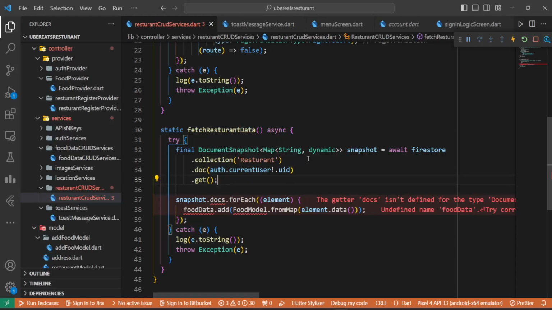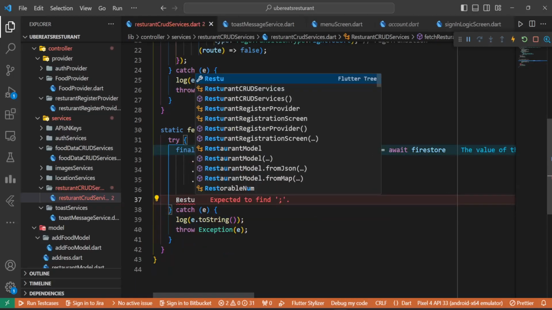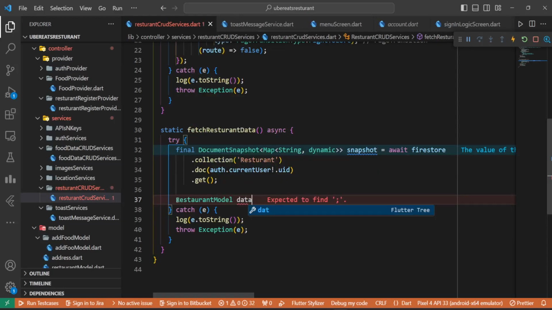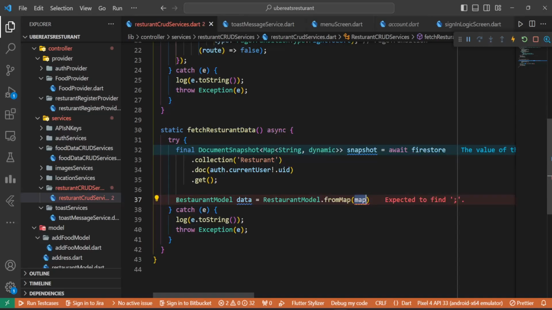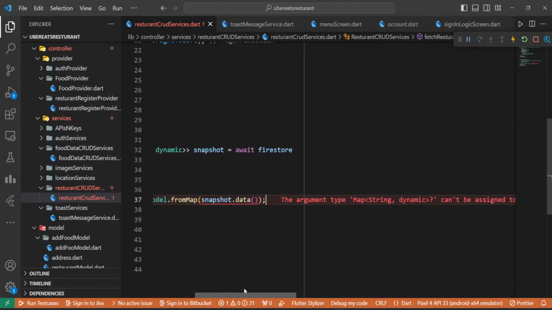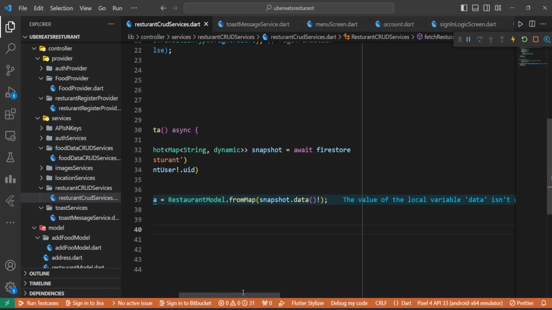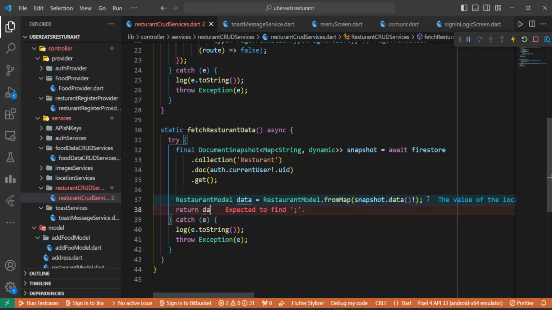So we have got the document snapshot. Now it's time that we convert it to our restaurant model. So we'll go with restaurant model data equals restaurant model dot from map, and here it's going to be snapshot dot data. So let's have a look. So we have to add a null check, and we are good. We have got the data. Now it's time that we return it. So we will return data,